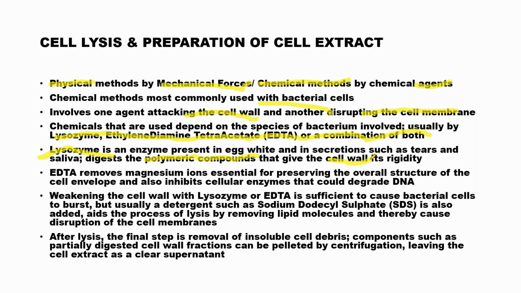What do you mean by polymeric compound? Anybody in the comment box? What are the polymeric compounds which may be present on the bacterial cell wall? Hope you are still listening and you have not slept. Yeah, made up of many components. Organic compounds, yeah, it could be organic. It is of course organic, because it is a living cell, right?